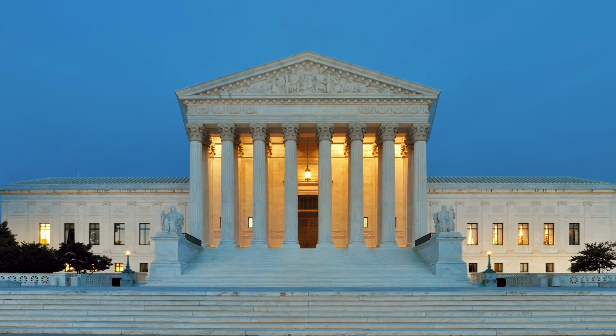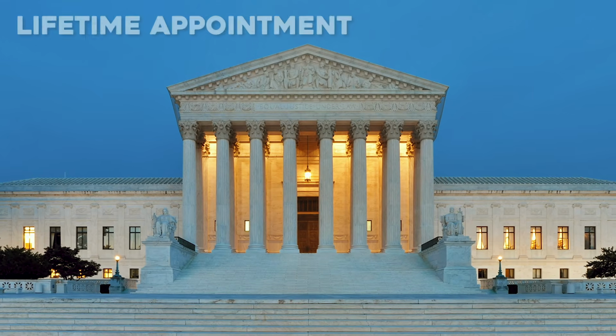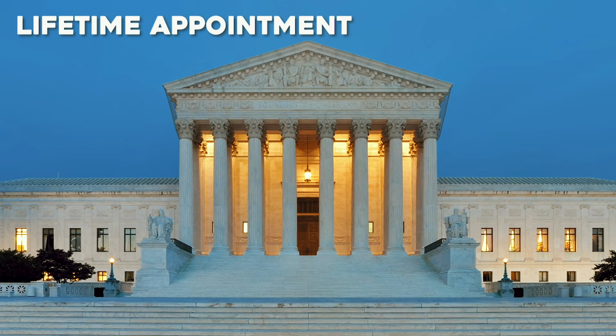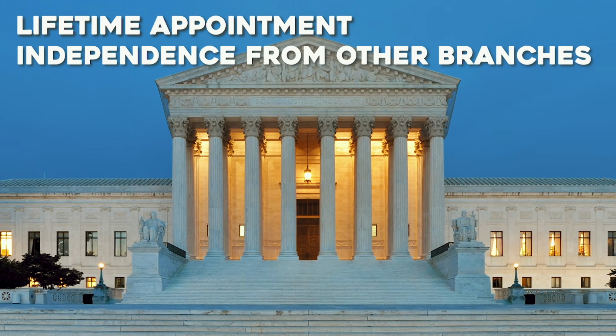Now, the judicial branch, or the Supreme Court, got almost no love from the constitutional framers because they thought the judicial branch was the least dangerous of all the branches. So really, the Constitution just gives the Supreme Court the following exclusive powers: lifetime appointments for justices who aren't turds, and independence from the other two branches so that they can make their decisions without political pressure. Okay, so that's all the exclusive powers that the Constitution grants to the different branches of government.